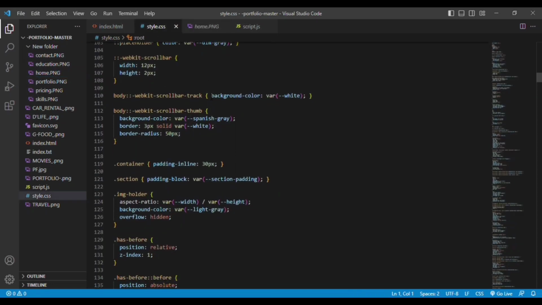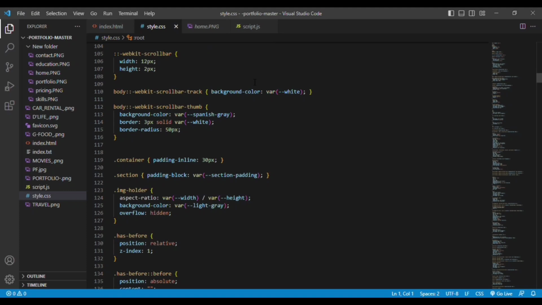And WebKit scroll bar is whenever you want to add a scroll bar directly to your website, you can use this WebKit scroll bar by mentioning the width and height of the WebKit. You can see here in VS Code also we have the scroll bar, and whenever I hover onto it, you can see it will get a little light in color. It is added here in a similar way. Then we have